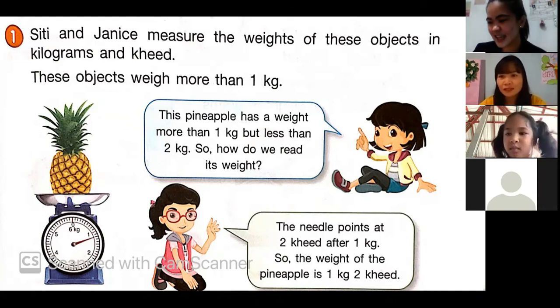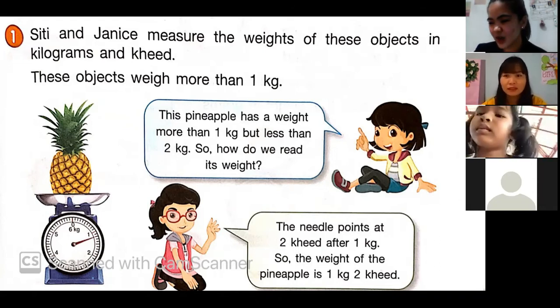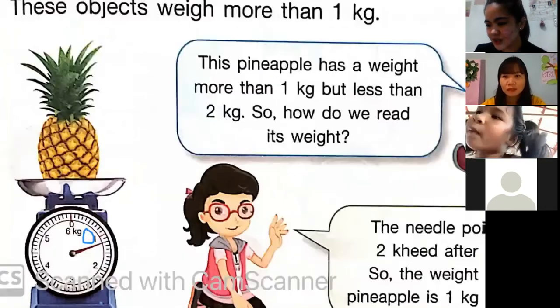So it says the needle points at 1 kilo. Very good. It is 1 kilo. And if we're going to count,